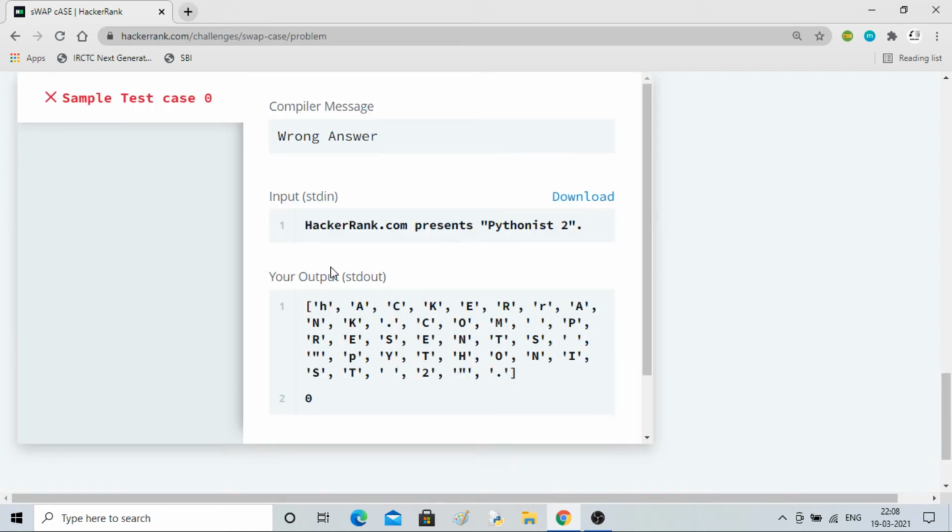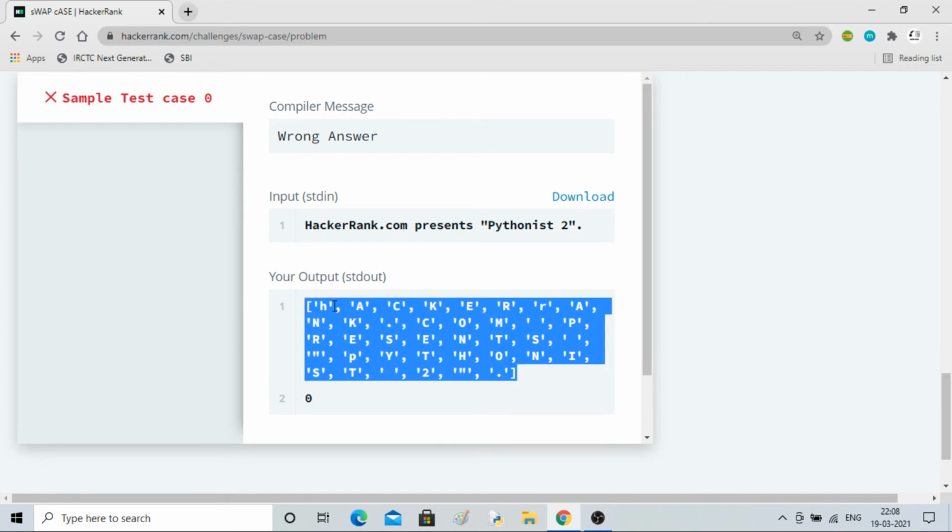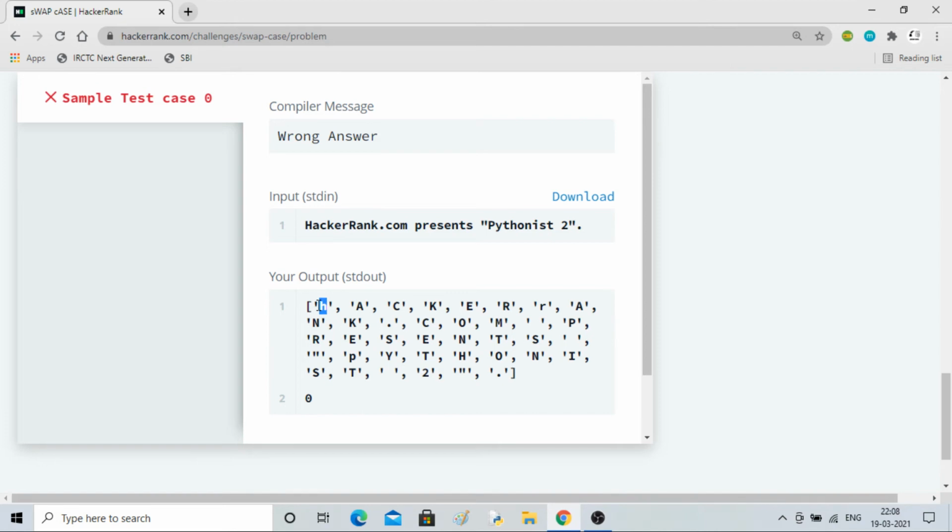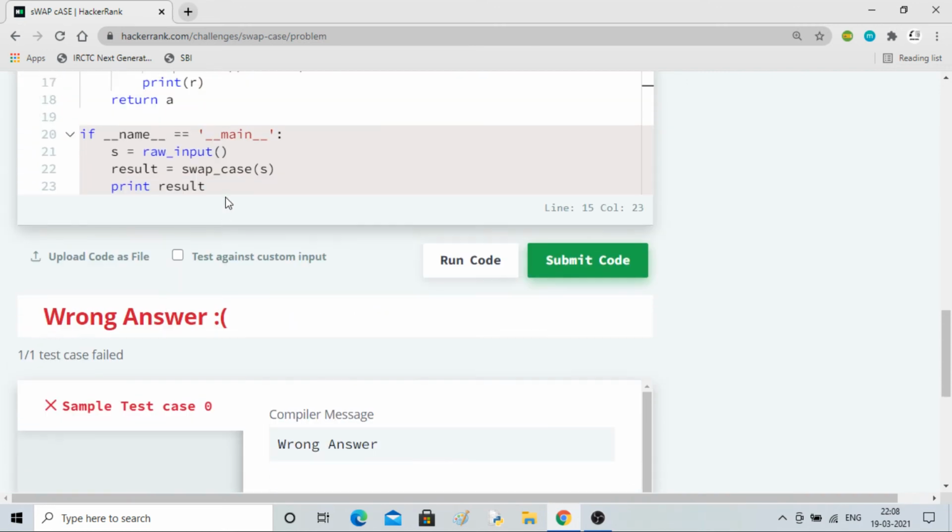So here you can see that this is my R, full R. You can see here capital H converted into small h, small a converted into capital A, likewise capital R converted into small r. Then you can see dots are as it is, space is as it is, inverted comma is as it is, space too. These are being executed by the third case, this guy,